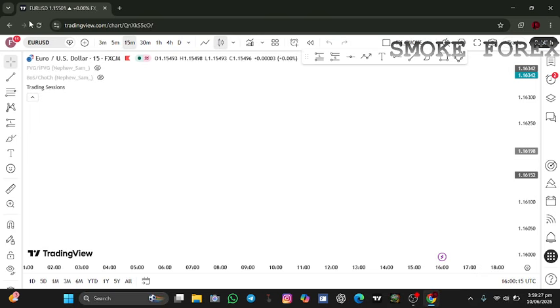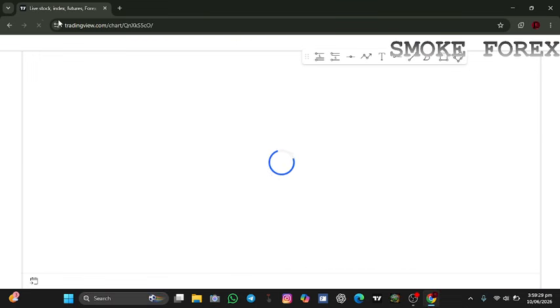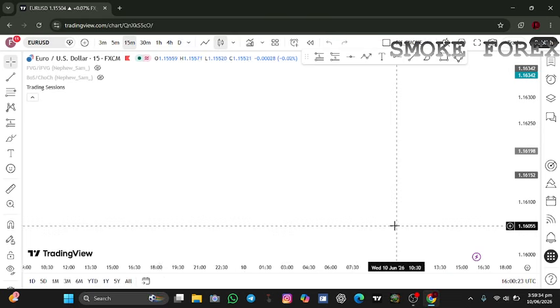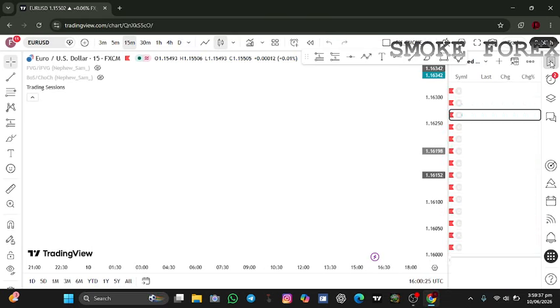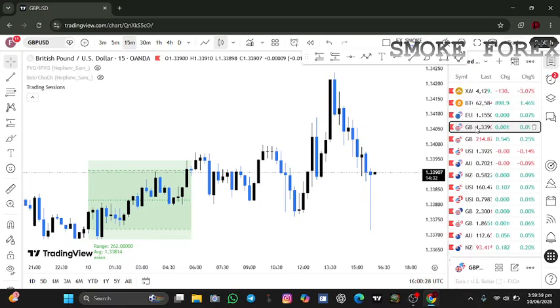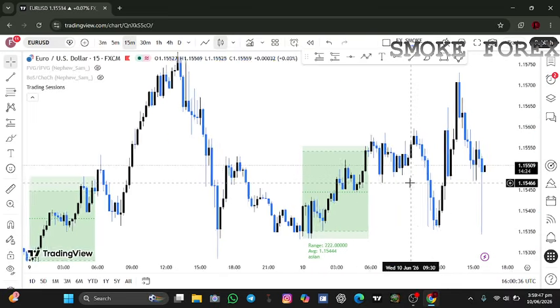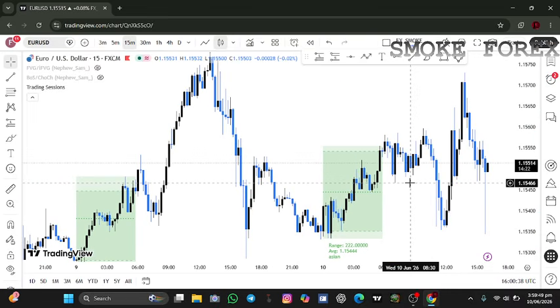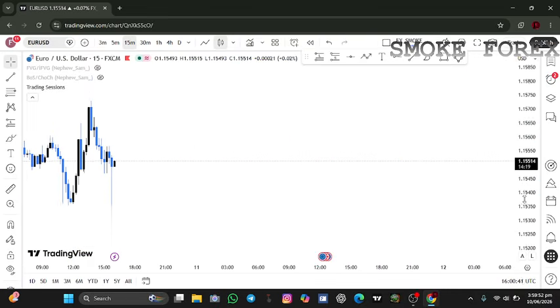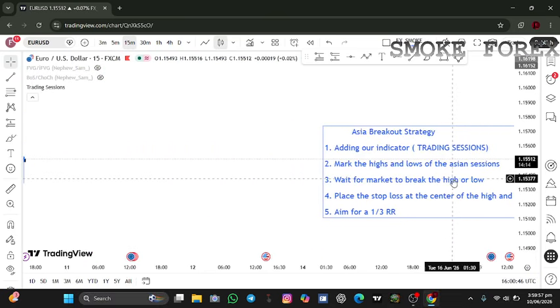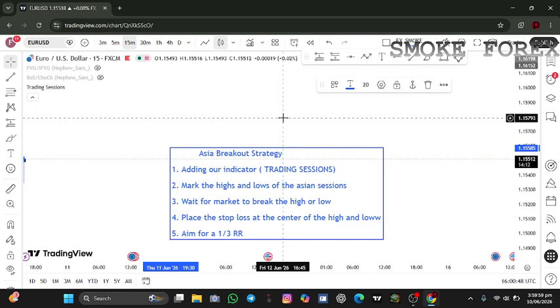So starting off, I want to load my chart. Okay, I would love to start with EURUSD. With this strategy, it's absolutely simple. The name of the strategy I'll be talking about is the Asian Breakout Strategy,